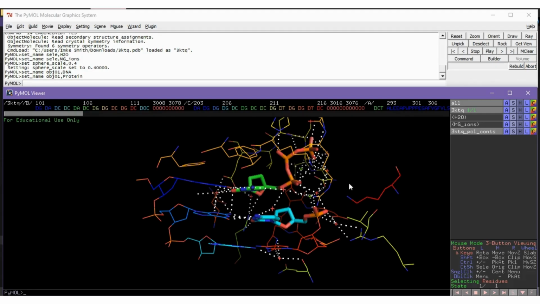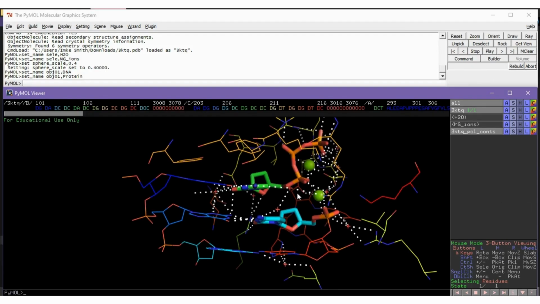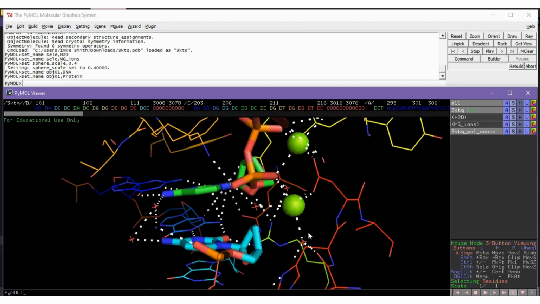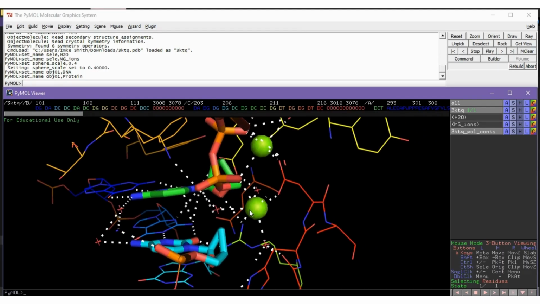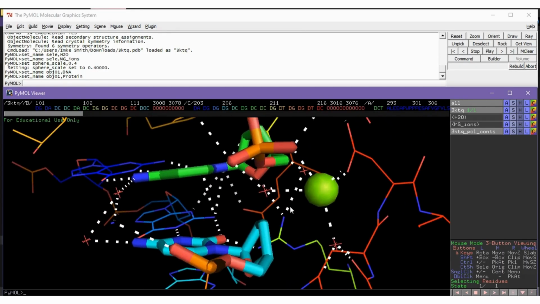But at the moment, we cannot see our waters or our iron molecules. For that, we go over to our selection, go to show as spheres, and we can see specifically here, these are the ions interacting, and these over here are the waters.